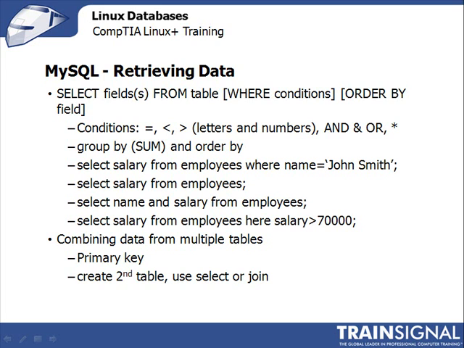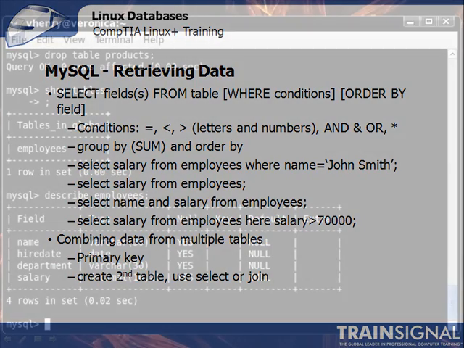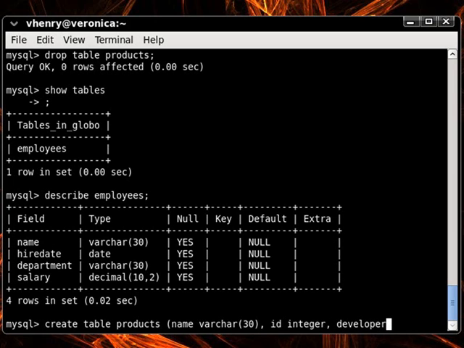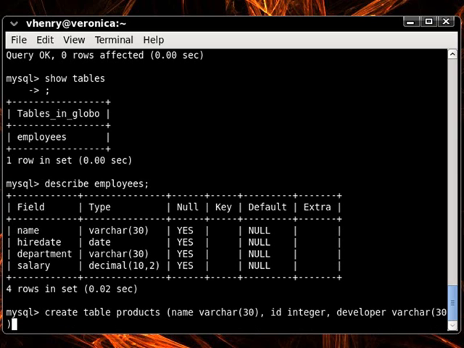So, how do you create this new combined table? First, let's switch back over to our terminal window, and then we'll create a new table. Okay, first let's start by creating a new table, and we'll call it products. So type in create table products. And for our fields, we're going to have name, which again will be a varchar, 30 characters in length. Then we're going to have an ID field, which will just be an integer. Then we'll have a developer field, which will be a varchar of also 30. Close the parentheses